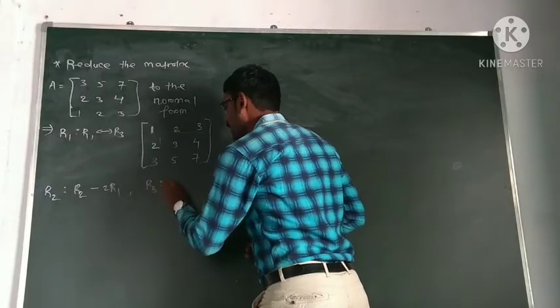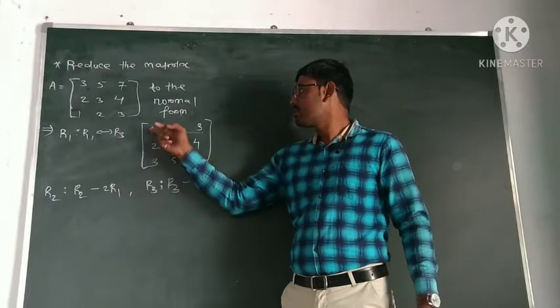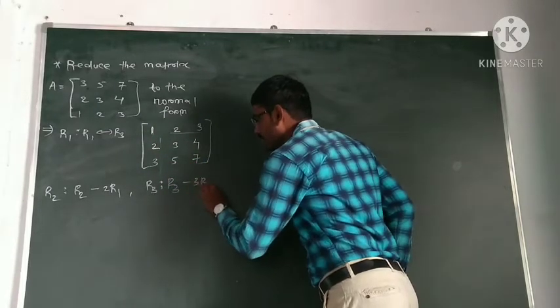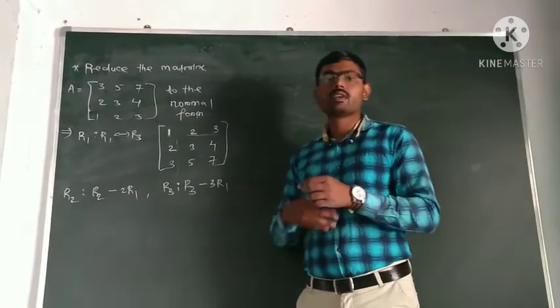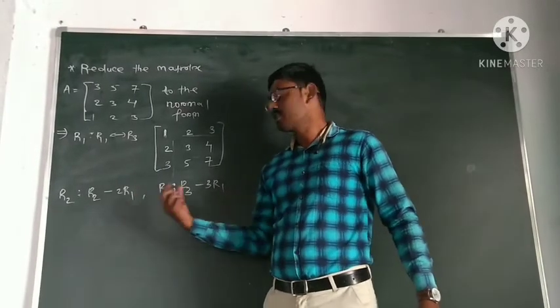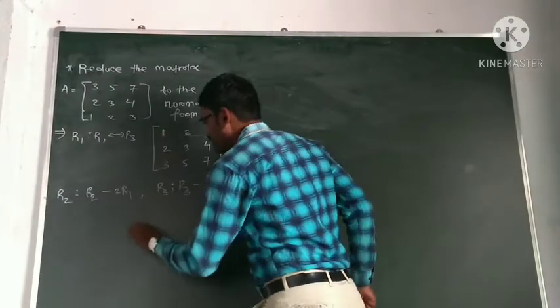R3 changes to R3 minus 3 times the first row, since here is 3 and here is 1, so 3 minus 3 times 1. You can do these two operations in two steps or in a single step. Here I will do both operations in a single step. After this operation, this matrix becomes